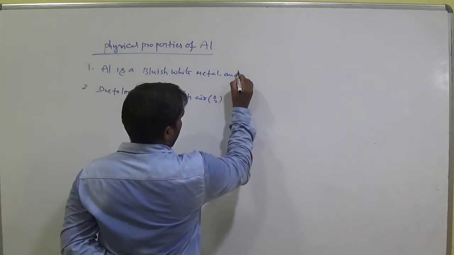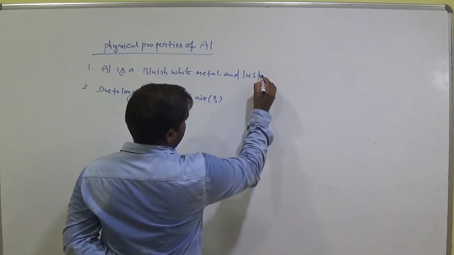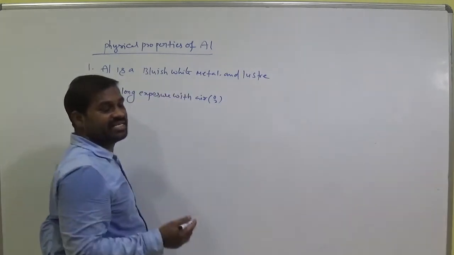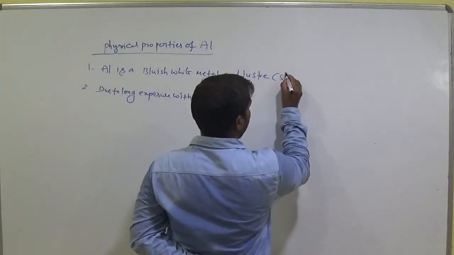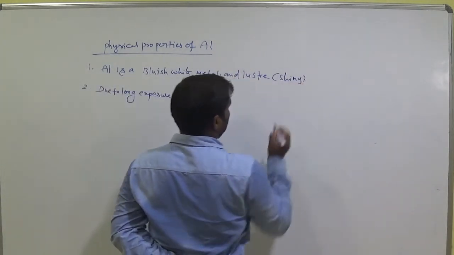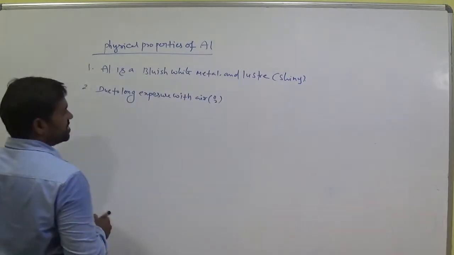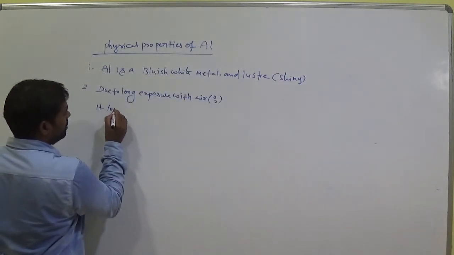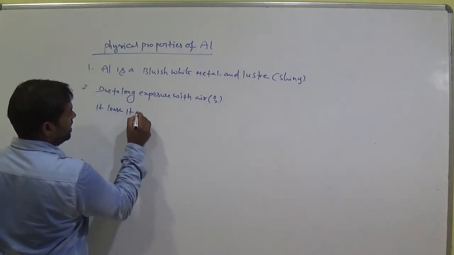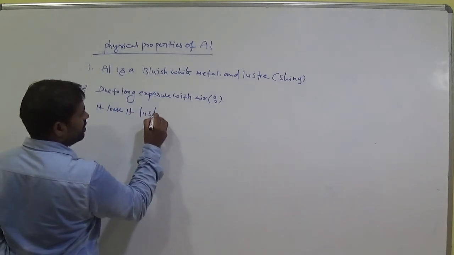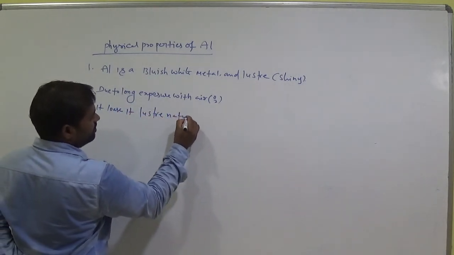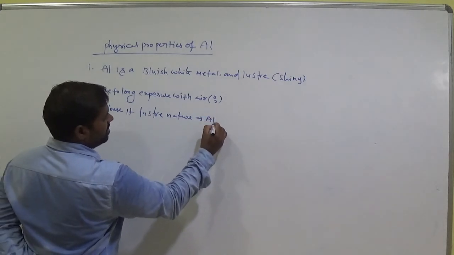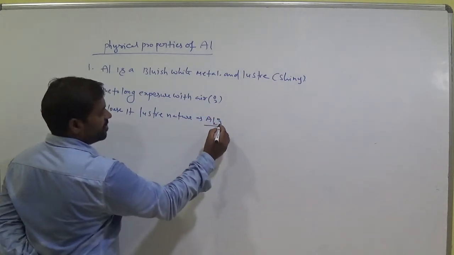and luster means shiny nature. Luster means shiny. Exposed with air, it loses its luster nature as Al2O3